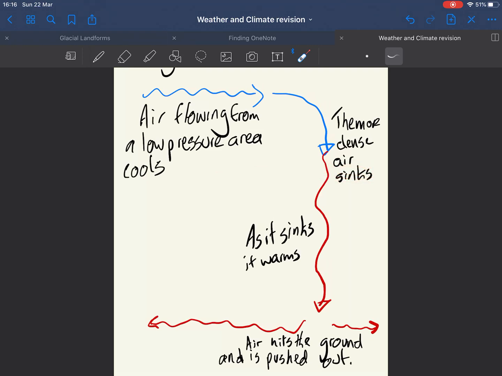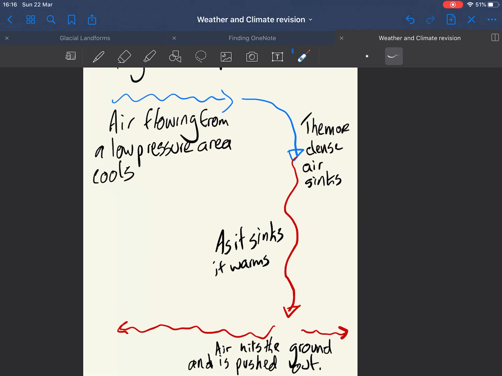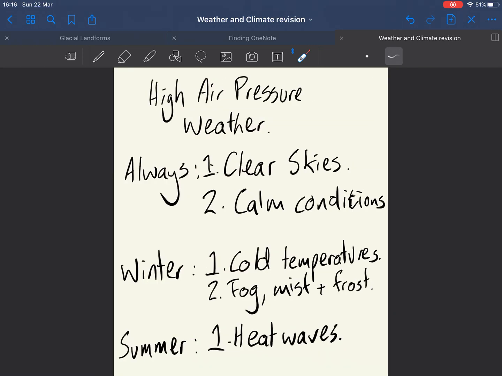And eventually that air will hit the ground and it will get kind of pushed out. And because this air is all pushing down, this creates what we call an area of high air pressure down at ground level. Okay, and usually on a weather map, it's depicted with a little H in the middle of a circle like that. Now, in terms of our weather, well, all year round, we would get clear skies because